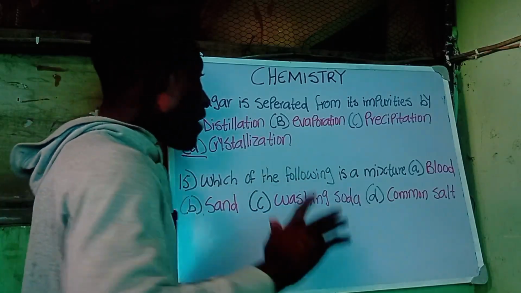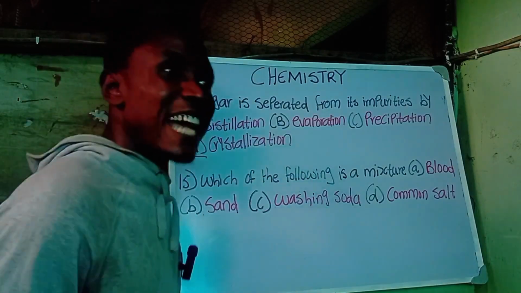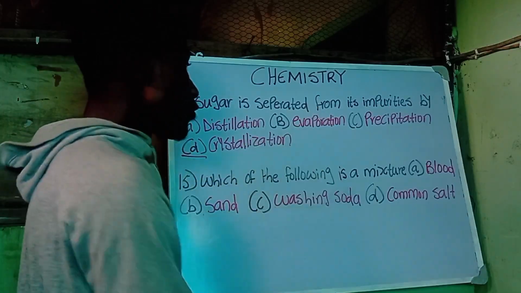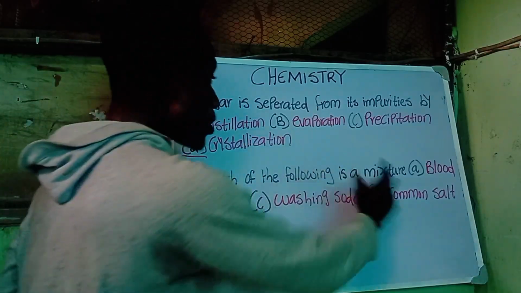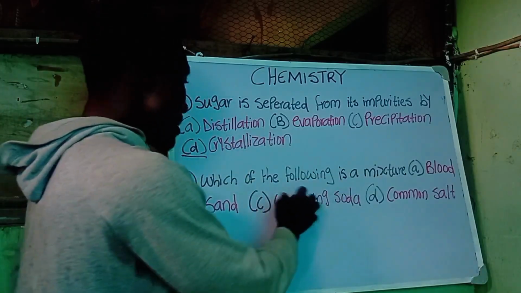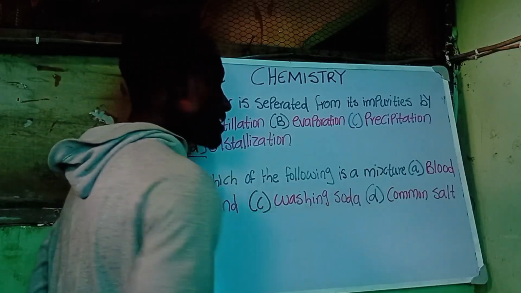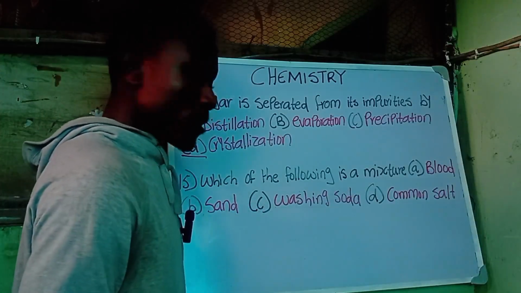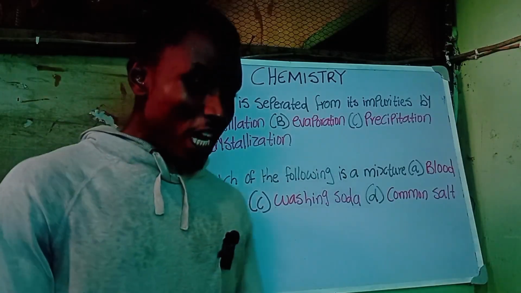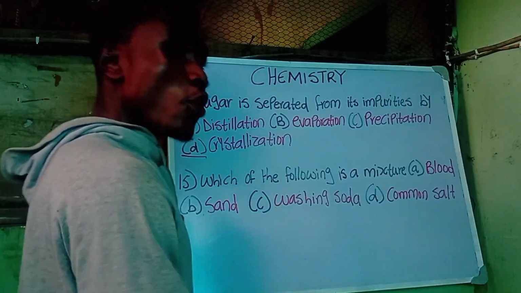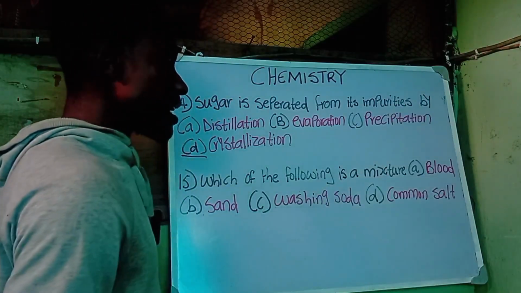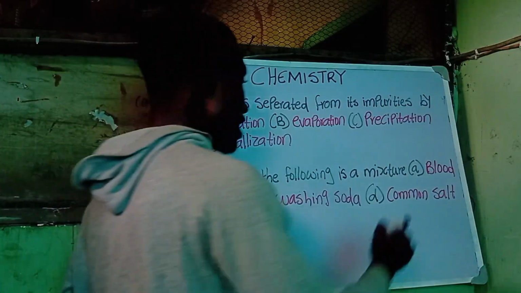And number 15, which is the last on this particular topic, is which of the following is a mixture? We have A. Blood, B. Sand, C. Washing soda, and D. Common salt. The first thing we have to ask ourselves is, what is a mixture, what is a compound, and what is an element? Looking at this answer, the correct option there is